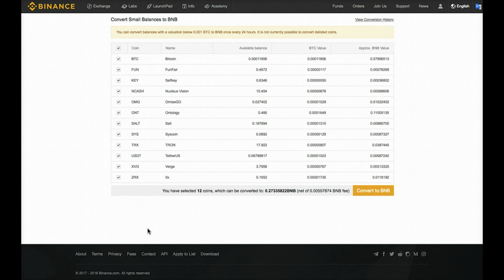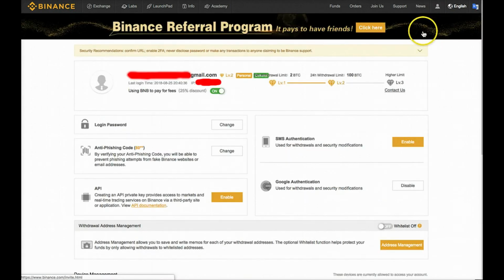Now I'm going to show you your account settings page. Just scroll over the person icon at the upper right hand corner of the website to reveal the drop down menu and click your account. This will bring you to your account page. This is where you can work on verifying your account for higher withdrawal limits. Depending on which level you have verified to already, there will be a link next to the level with further info on how to complete verification. For example, for a level 3 verification, I have to contact Binance.